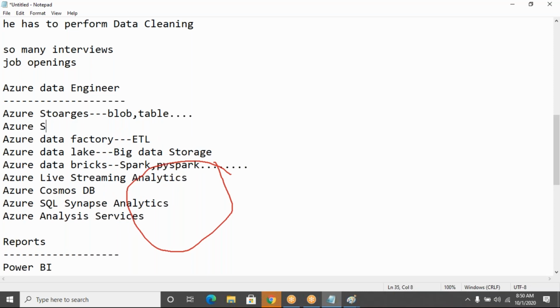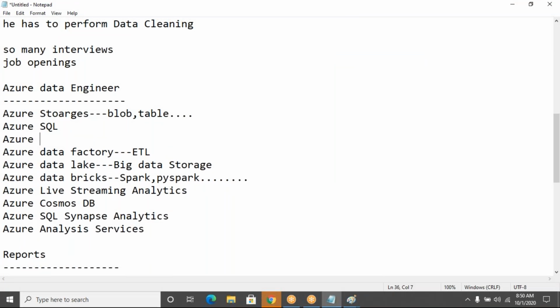And Azure SQL: what are the different kinds of Azure SQL deployments we can do and how we can use them. And then after Azure SQL, data warehousing, nothing but Synapse Analytics.